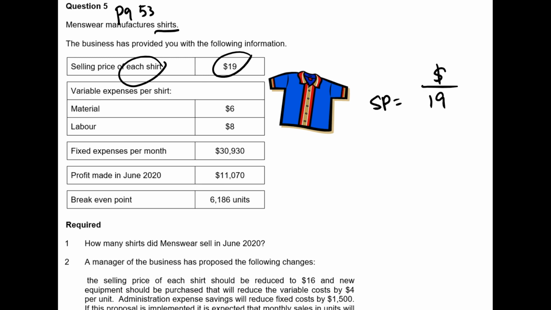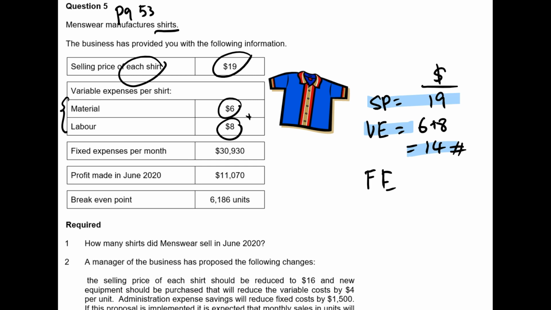Selling price is $19. You know that the variable expenses are $6 plus $8. There are two variable expenses over here. 6 plus 8, you will get $14. So your selling price is $19, variable expenses is $14, and then your fixed expense per month is